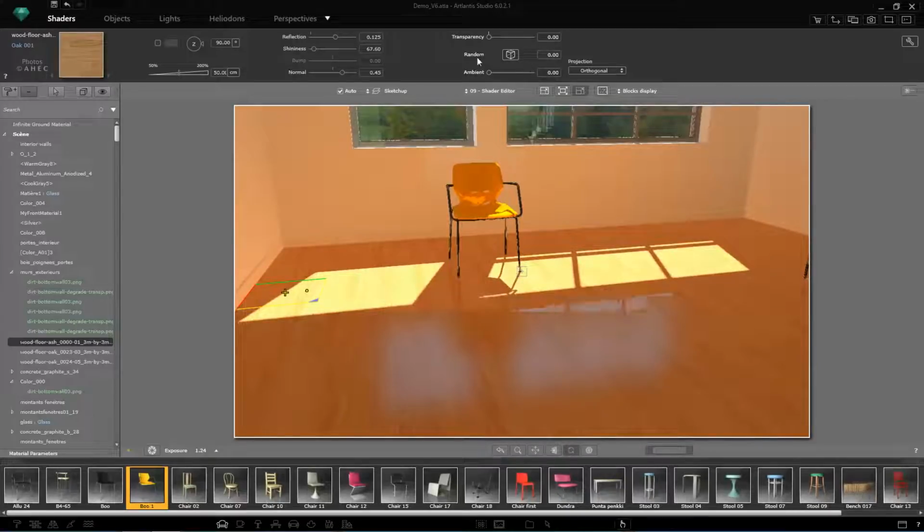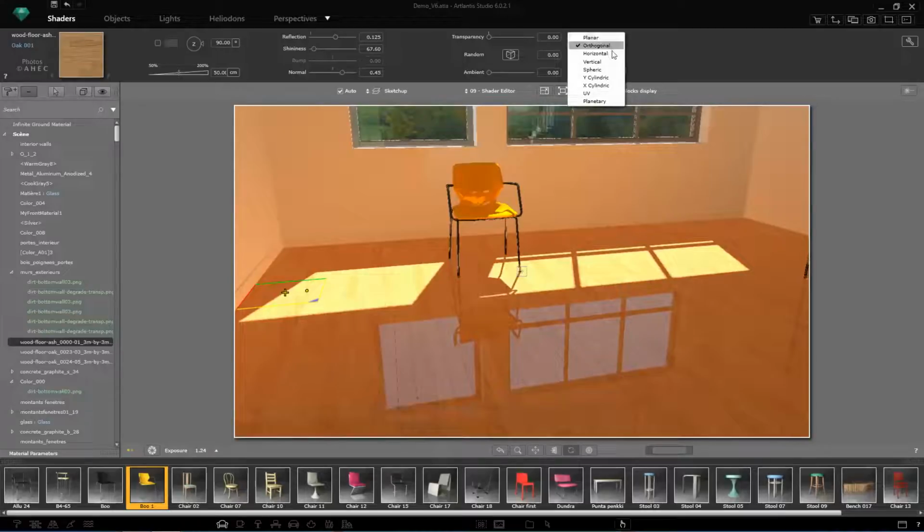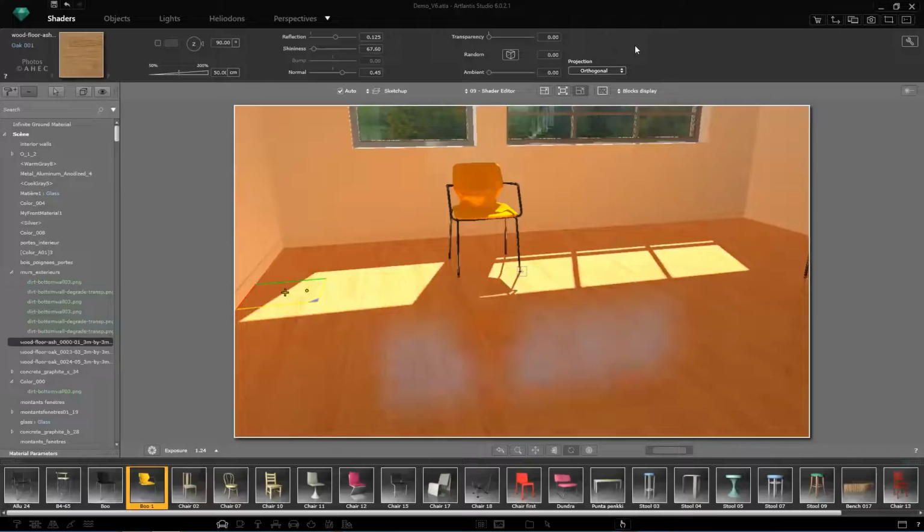The ambient will simulate a glow of the material. Finally, we'll find a list about the mapping mode. This is dependent upon the geometry on which we map the shader. Each shader can be opened in a shader editor for further editing. This is the icon to continue to this dialog. Materials can be edited and set in multiple ways, as you can see.